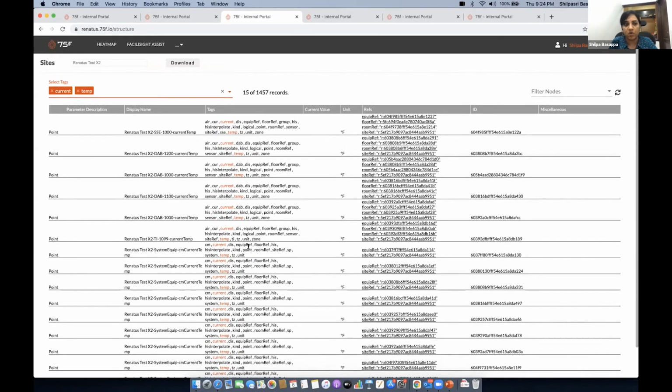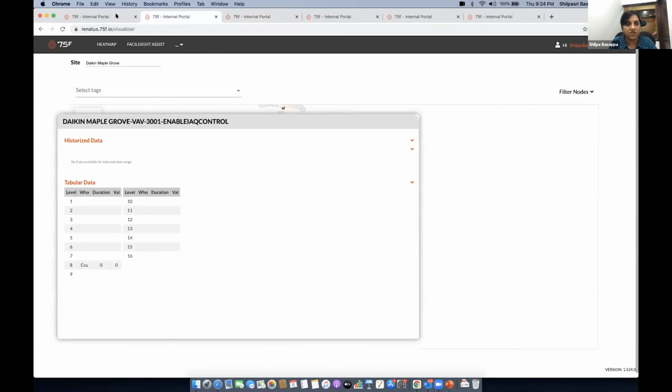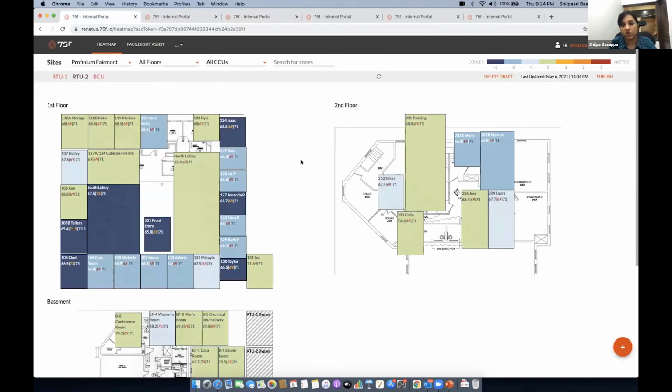So this is our Explorer we currently have, which we use. Apart from these two, I would also like to take you through some of our floor plans that is deployed in one of the buildings. Once the floor plan is deployed, we have a lot of zoning that happens. So you can see all the zones that has been put in.